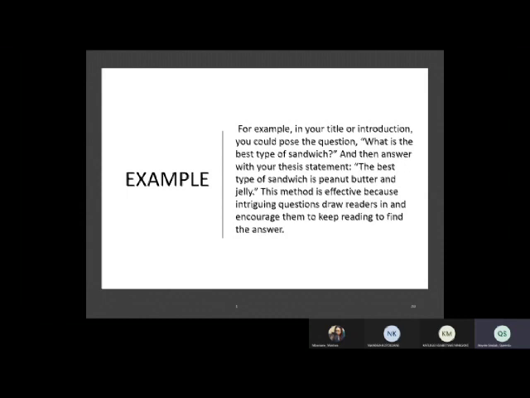And then answer with your thesis statement. The best type of sandwich is peanut butter and jelly. This method is effective because an intriguing question draws readers in and encourages them to keep reading to find the answer. So in academic writing, you can use this step in your mind map and then simply write your thesis statement